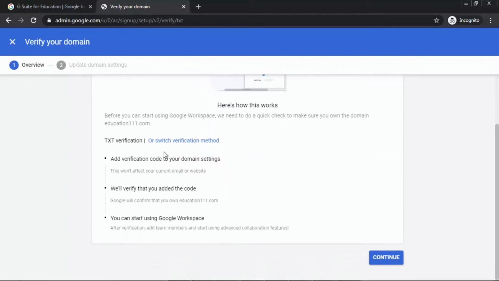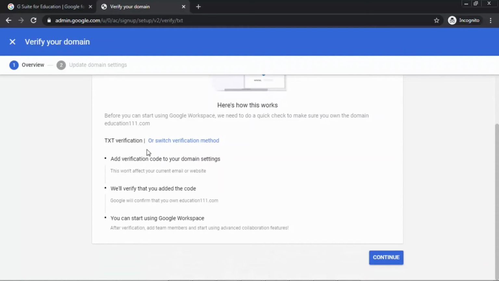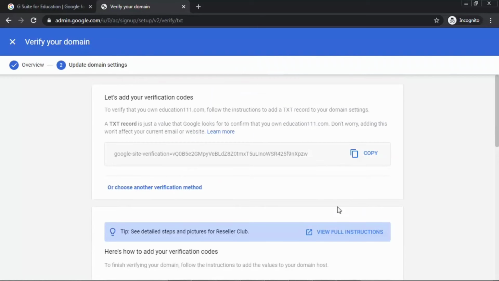There is a text verification. You can use that or switch to another verification method. I'm just sticking to this text verification. I'm going to click on the continue button here, and you can see, guys, let's add your verification codes. To verify that you own education111.com, follow the instructions to add a text record in your domain settings.